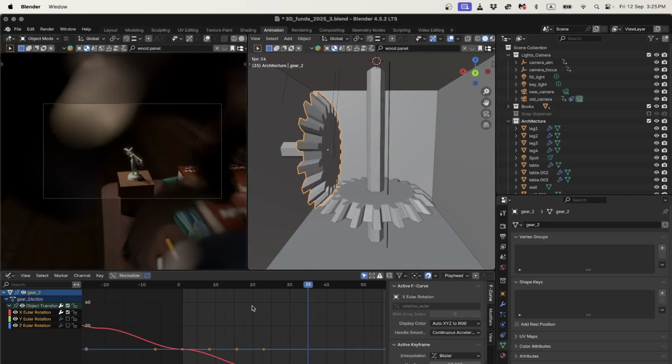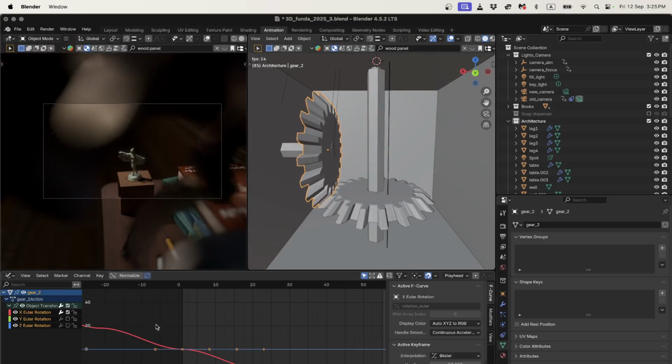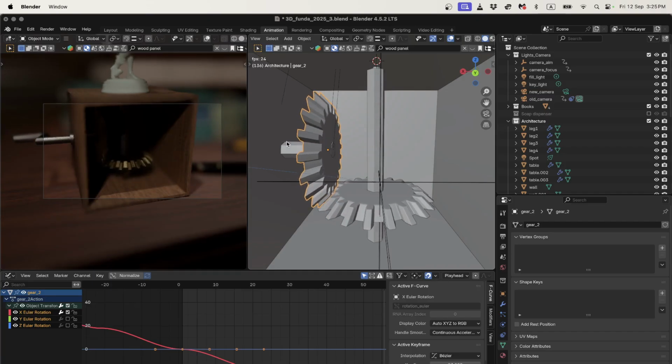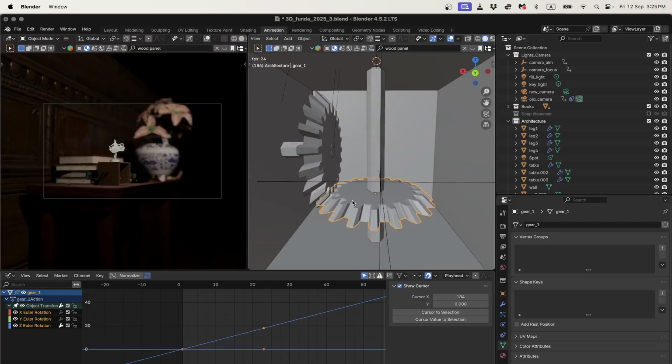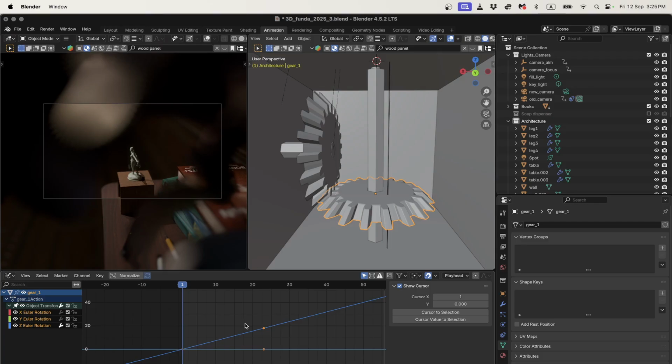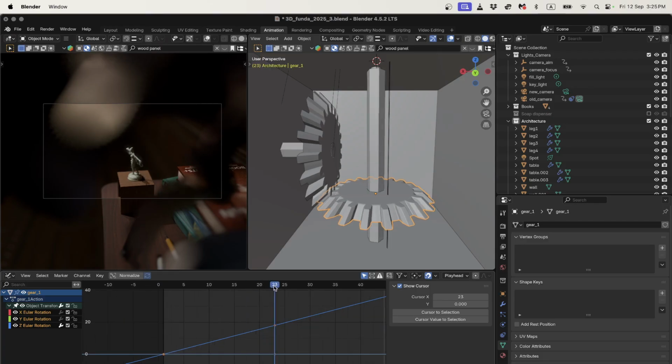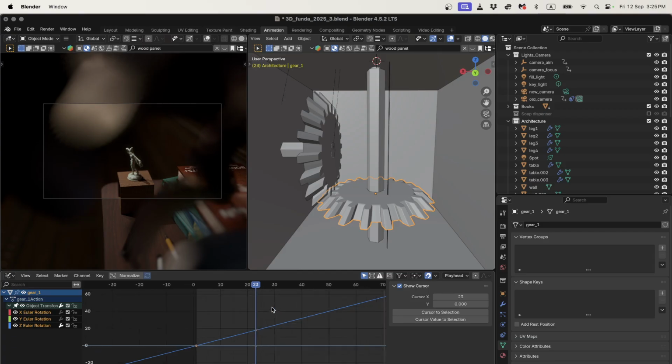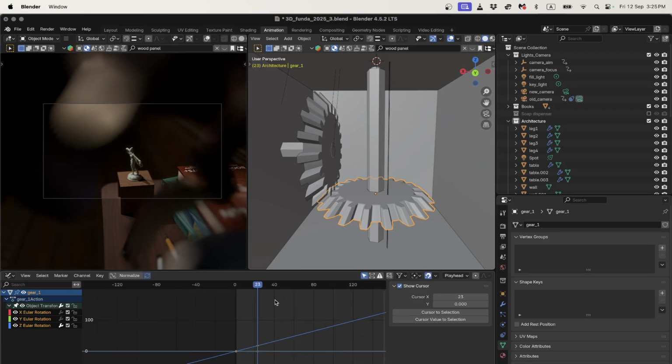This one that has our Bezier interpolation, we see that stop and start of the keyframe, and that's what I wanted. So what I did is basically I picked an interval. I think I put it on keyframe 23, and I think I did that because I wanted to get a full 360-degree rotation, but it took a little bit of playing around. But I put my keyframe on 23, and then I rotated